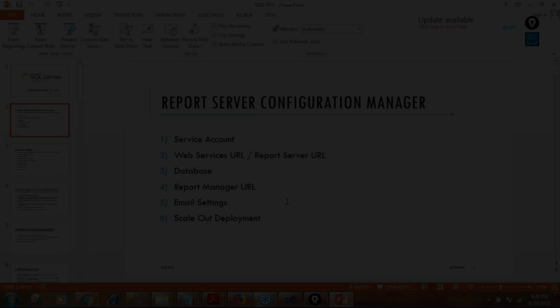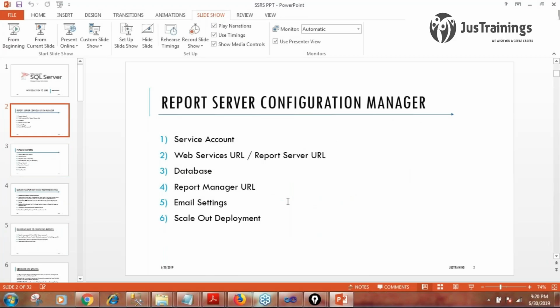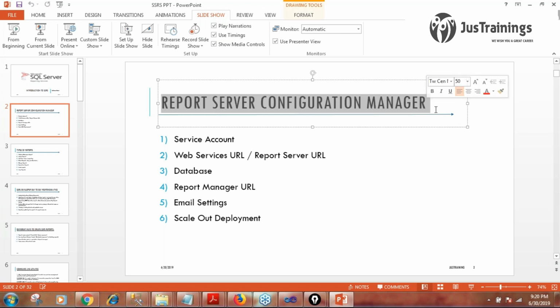Now to start with, there's something called the Report Services Configuration Manager, which is very important to work with SSRS. Whenever you install SSRS, all the settings related to SSRS will be available in the Report Services Configuration Manager. Let me just show you this path.